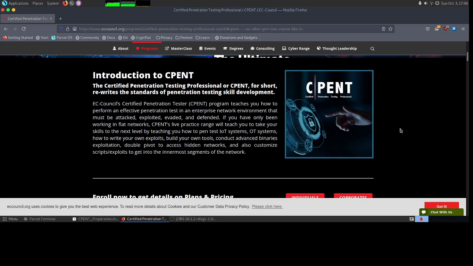The exam is basically to check that you are able to understand the methodology, and you are able to follow the methodology and understand what is going on. Because of this, the questions are not straightforward. You don't have to directly provide the root.txt or user.txt for all the machines.